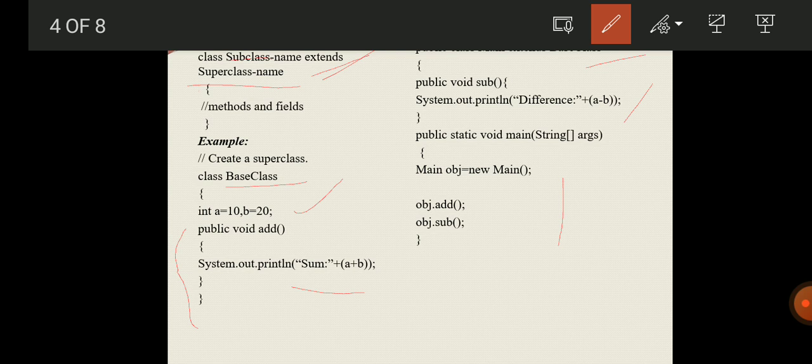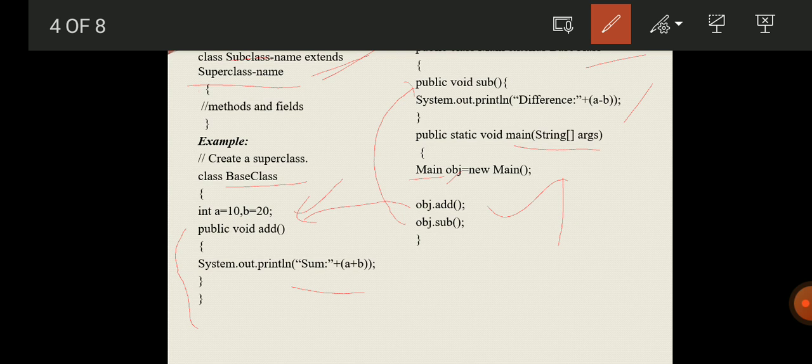Now comes the main statement, and we are creating an object obj for the subclass. If you give obj.add(), it will call the base class method add, and if you give obj.sub(), it will call the subclass sub.